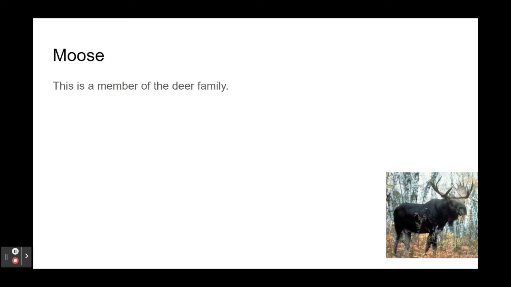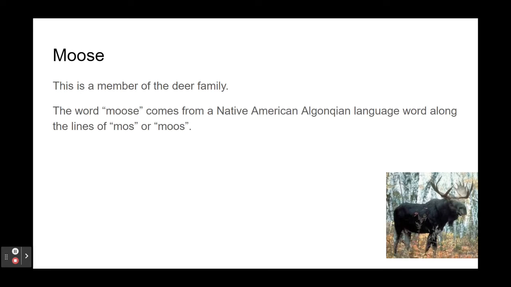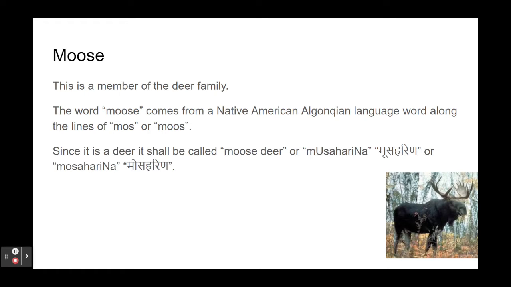It's a member of the deer family. The word moose comes from a Native American Algonquian language word along the lines of mos or moose. Pardon my pronunciation. Since it's a deer, it should be called moose deer, to make sure it can be declinable in Sanskrit, like give it a case suffix and so on. So something along the lines of moose harina or mosa harina. And since moose is basically an elk from the Eurasian perspective,